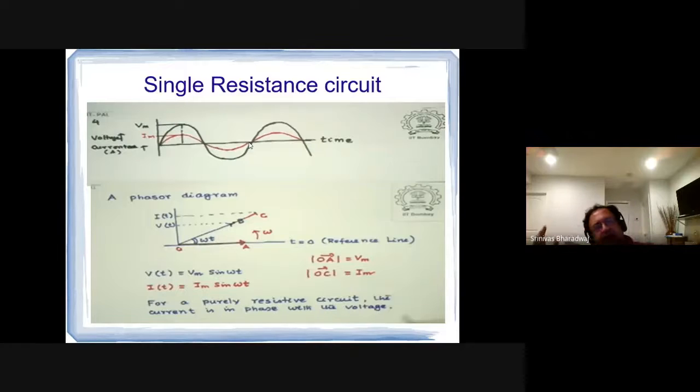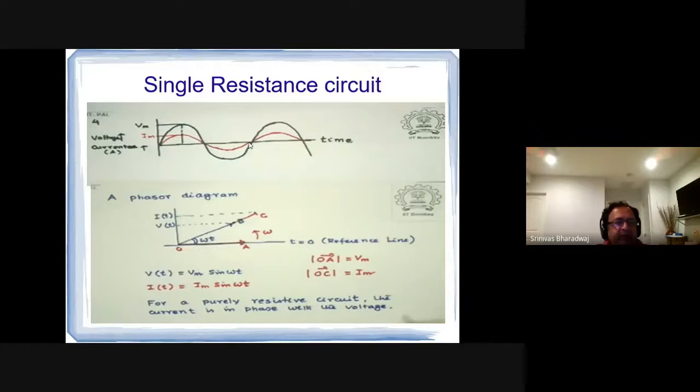Now, if instead of a purely resistive circuit, you had a circuit which had an inductor or a capacitor as well in an alternating current circuit, let me quickly tell you, a capacitor in steady state would be like an open circuit in a direct current circuit which has a fixed voltage. There would be no current if you had a capacitor in a DC circuit. I hope I mentioned that, and I hope you picked up on it in our discussion of DC circuits. Anyway, if you missed it there, let me tell you here.